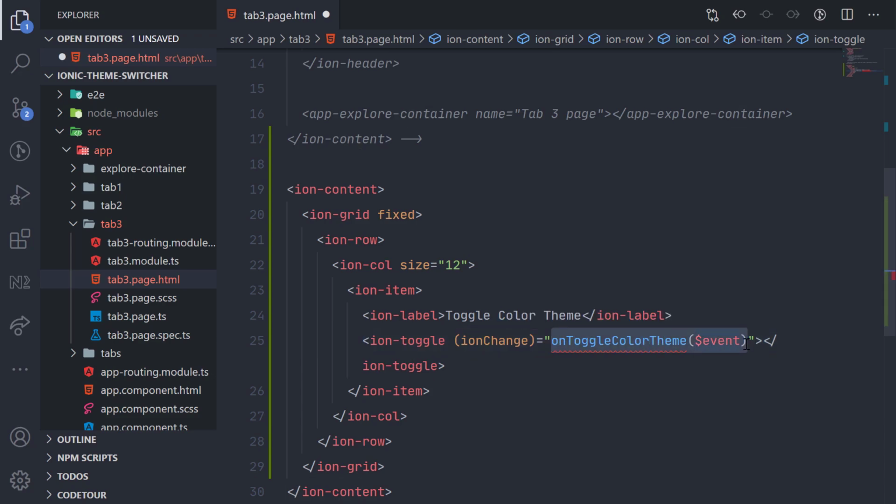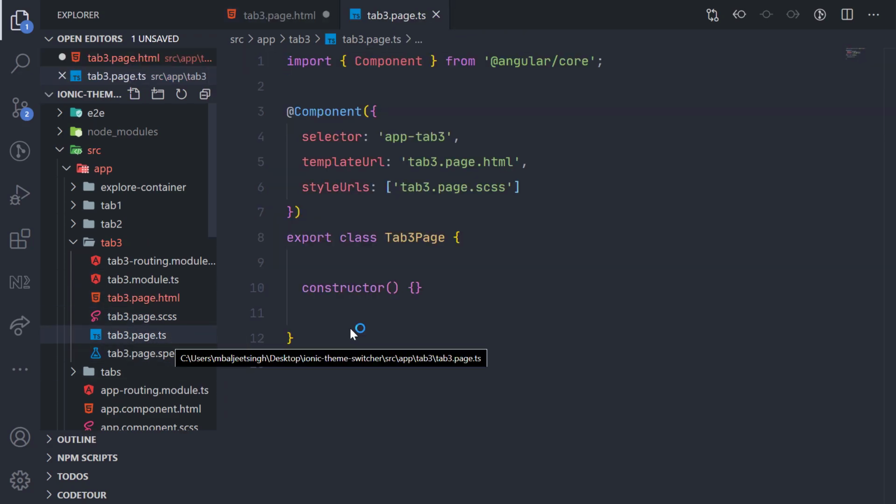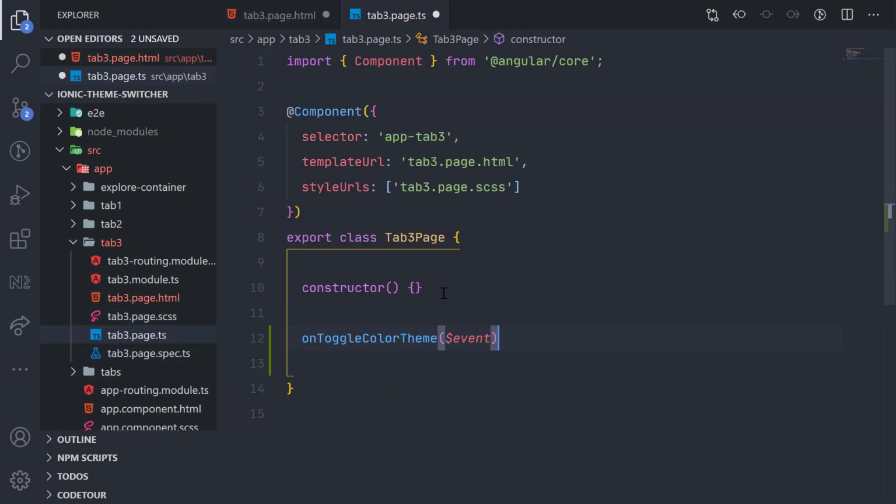So I will copy this, and then inside of this tab3.page.ts we will actually create this method, and maybe let's name it event only. So sorry, so now we can output it to the console,